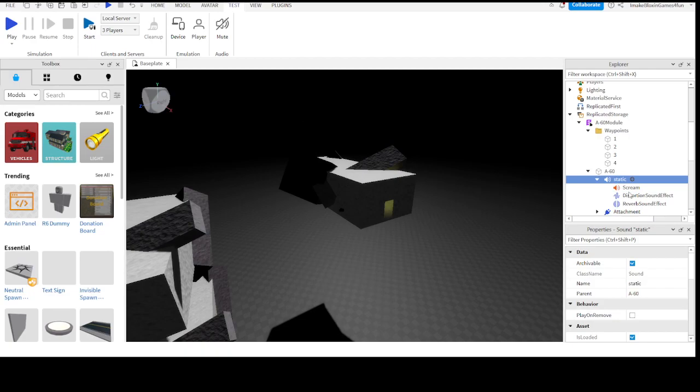Now, in the last episode, we left off with these two rather basic-looking rooms. We've got a grey corridor and